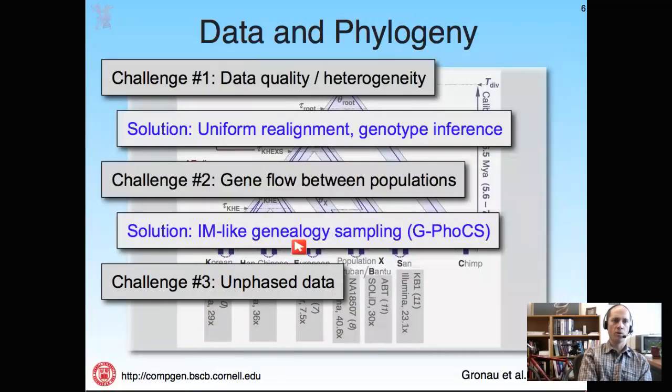The third problem we faced in making this work was the problem of phasing with the data. So this is sort of a more technical issue, but still an important one. The data that we were working with was all unphased diploid genotype data. MCMCcoal basically assumes haploid samples. We could have simply run a phasing algorithm on these genomes and tried to pre-phase them, but we were quite worried about the effects of phasing error on our inferences, and we think phasing error could be fairly non-negligible with these samples,